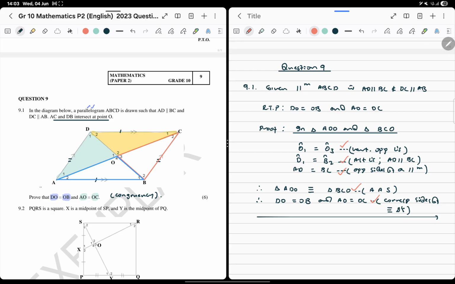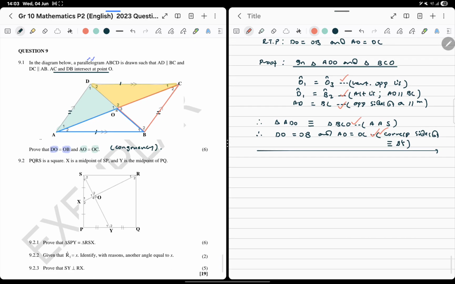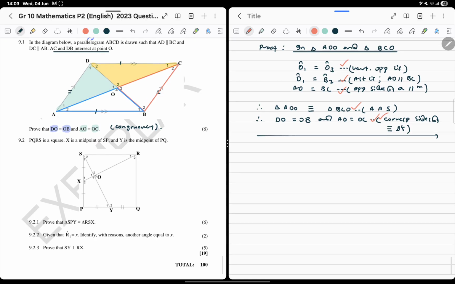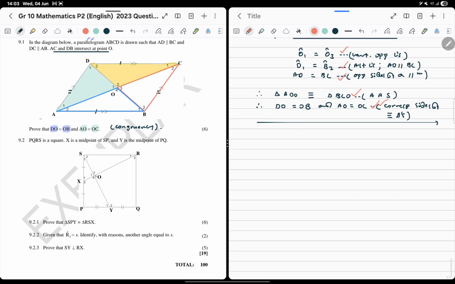It means one of these ones gets 2 marks. But since we used 2 things, maybe we can give 2 marks for the last one. I don't know. Whatever, folks. You will just check on the formal marking guidelines. For the perfect one, so 9.2,